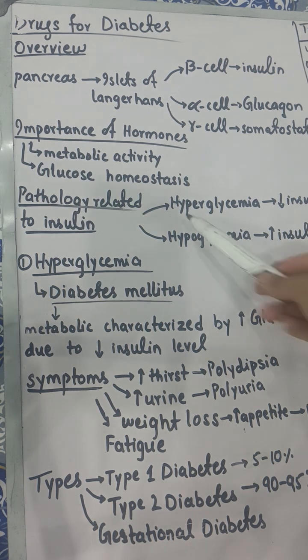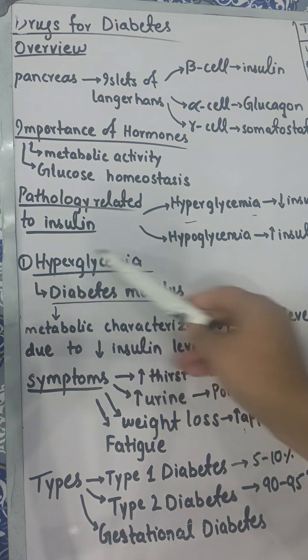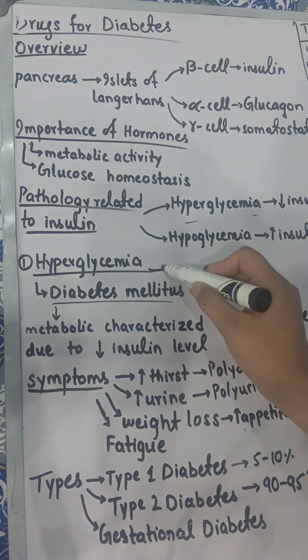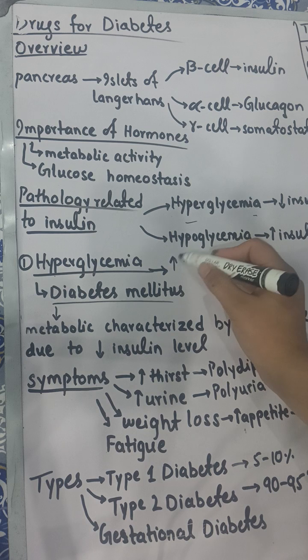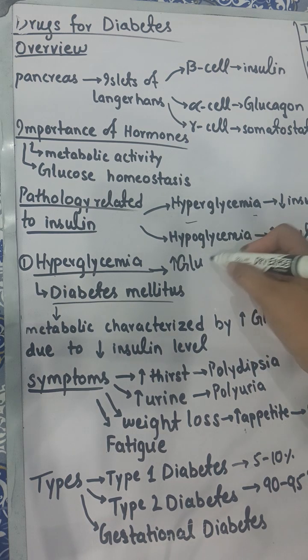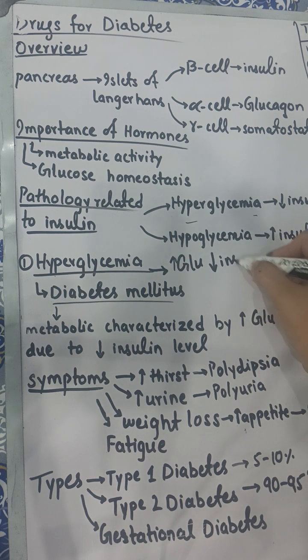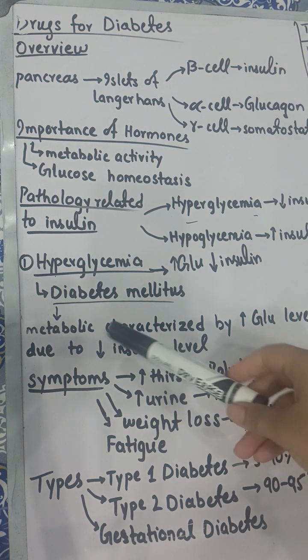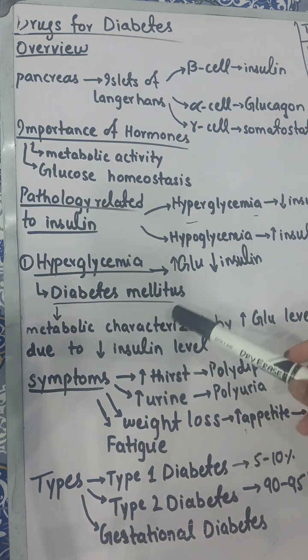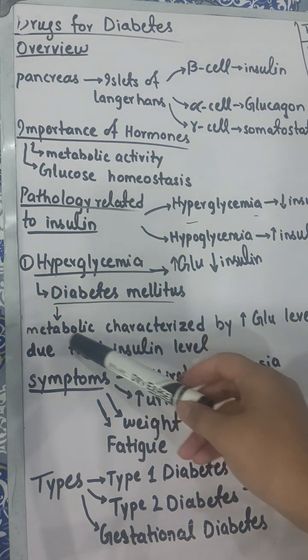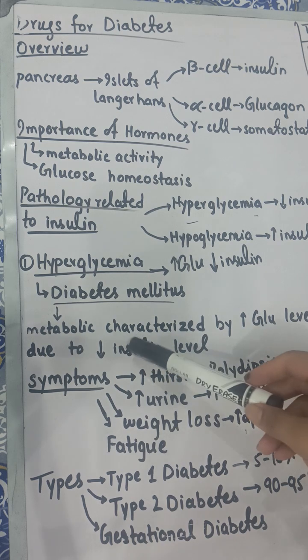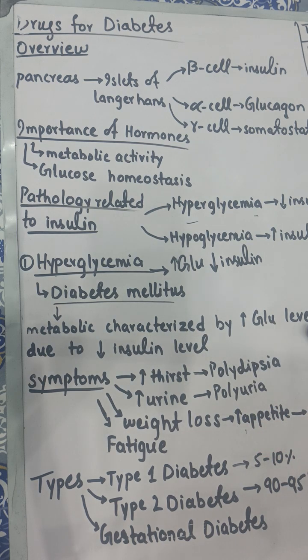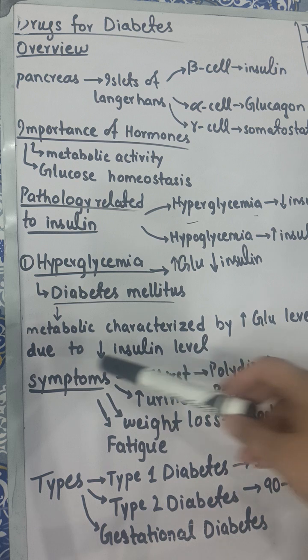Let's discuss the first pathology case, which is hyperglycemia. Hyperglycemia means an increase in the concentration of glucose, meaning high glucose levels and low insulin levels. Remember these two conditions whenever I discuss hyperglycemia. With hyperglycemia you face a disease called diabetes mellitus. What is this disease? It is a metabolic disorder characterized by an increase in glucose levels due to a decrease in